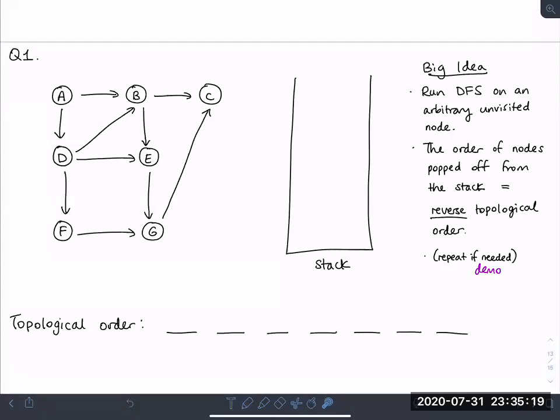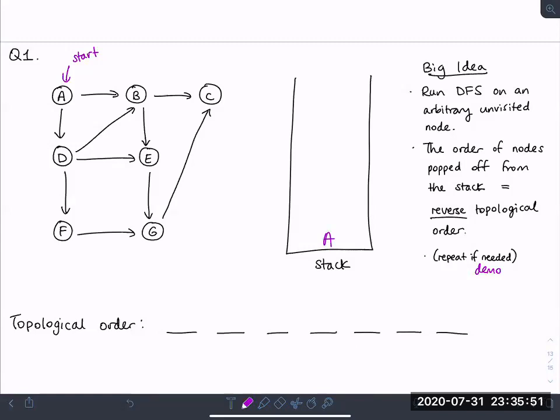We'll see a demo in just a bit, but for now, let's actually look at this graph and run through the algorithm. So let's just say that we're going to start at A. Okay, and I'm going to color code the vertices that we visit with green once we pop them off from the stack. So the moment we pop off a node from the stack, that's when we know that we've completely visited that node, right? So first, we're going to put A onto the stack,